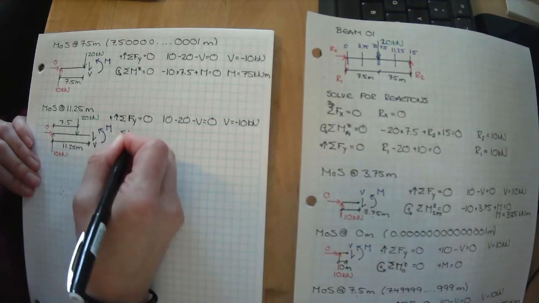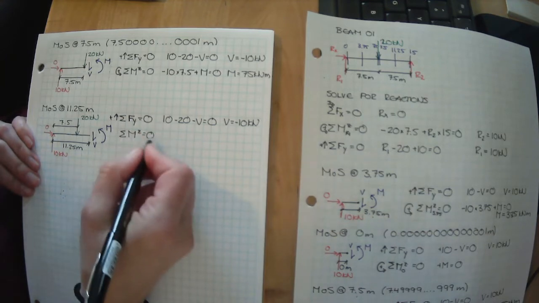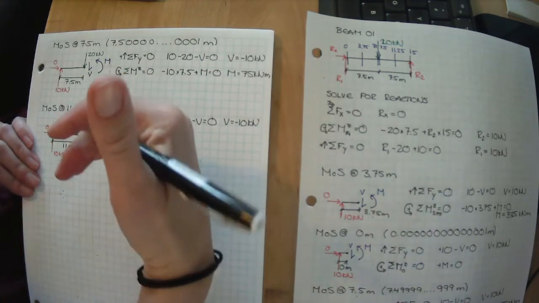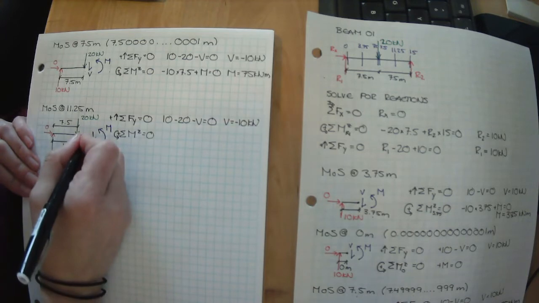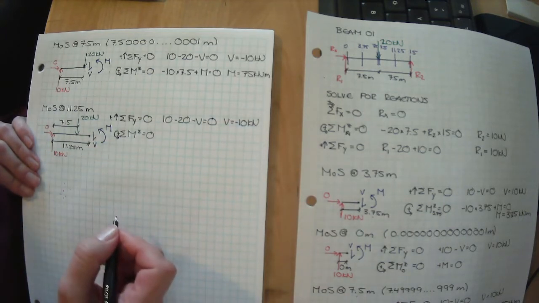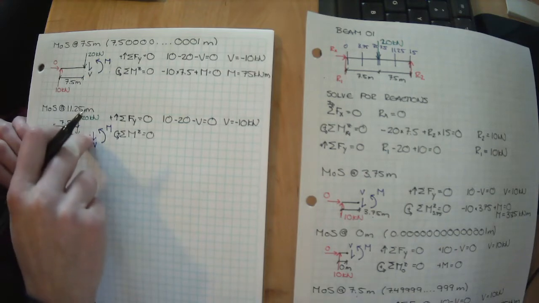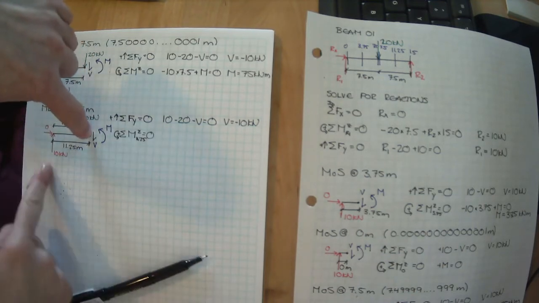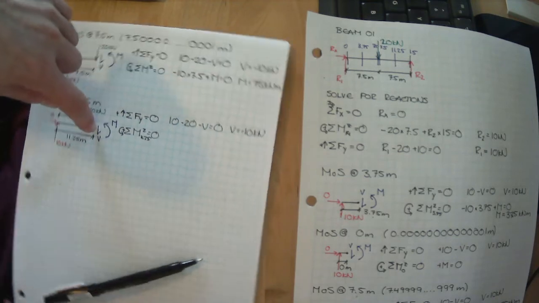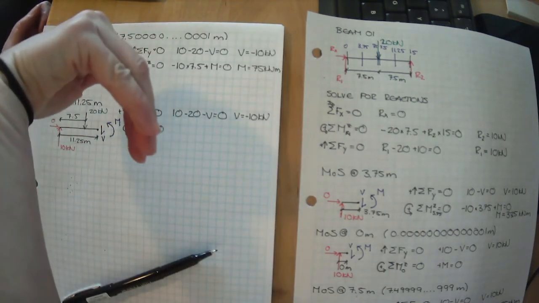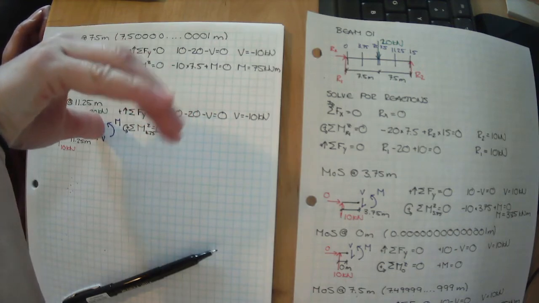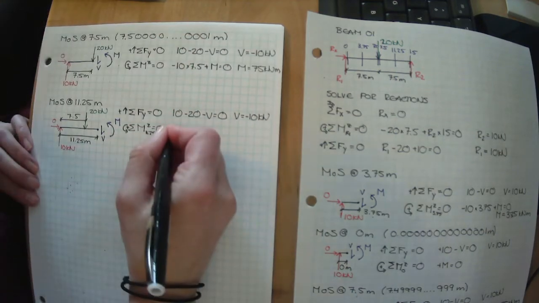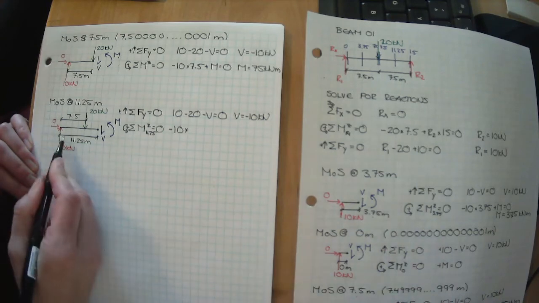Let's sum the moments about the z-axis. We want to know what it takes to be in static equilibrium, or for the sum of all of those moments to be 0. And everything spinning in that direction is positive. I'm going to be lazy and once again put my thumbtack right at my section cut, right here, at 11.25. If my thumbtack is right here, 10 kilonewtons is causing it to spin in that direction. I can curl my fingers in the direction it's trying to spin, and I point my thumb down. That means it's negative. So minus 10 times